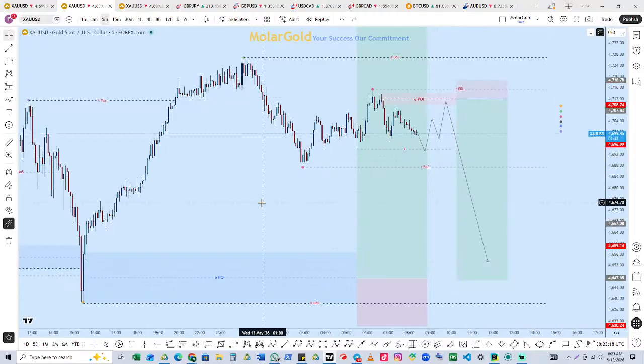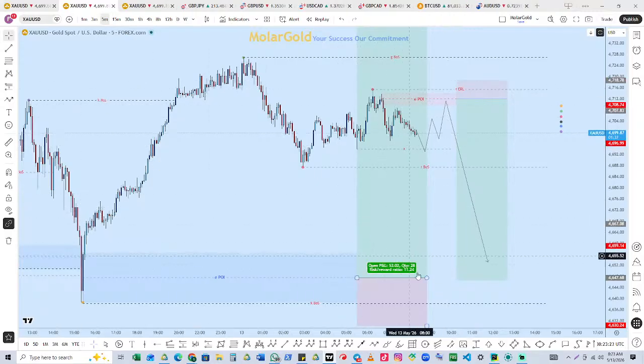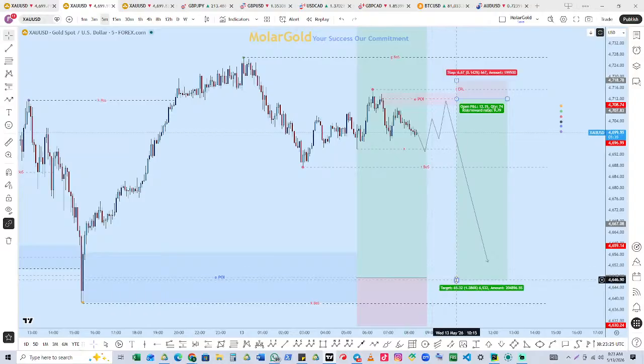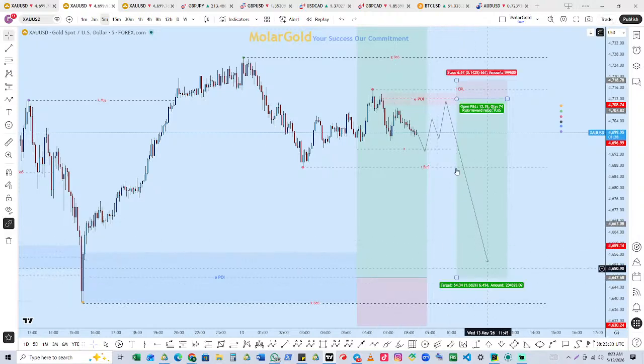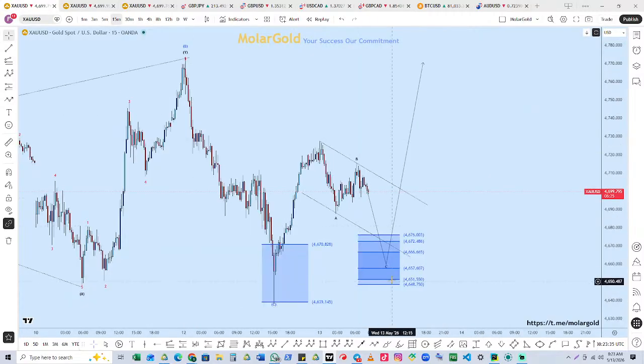Now, the reason why I told you guys that I'm actually expecting price to do this. It has to come all the way to the 88.6. Now you see the reason. So Elliott Wave and SMC are actually complementing themselves, right? This is pointing to the sell, the other is also pointing to the sell. This is pointing to the buy, the other is also pointing to the buy.